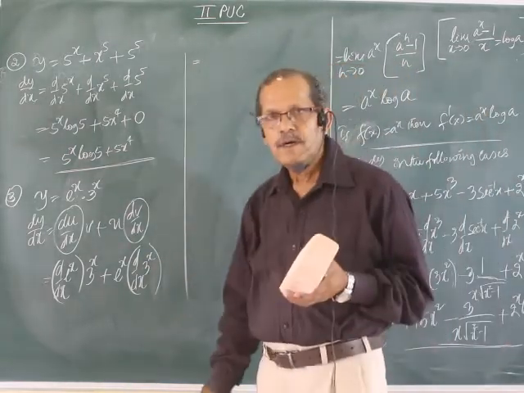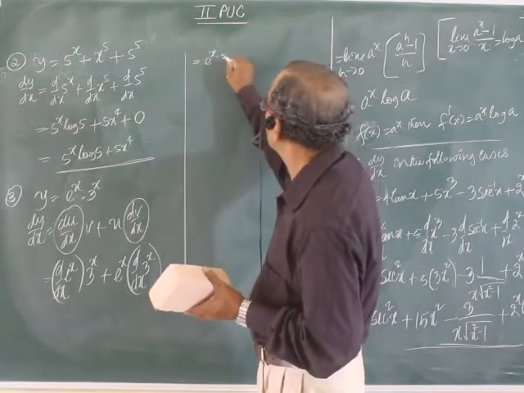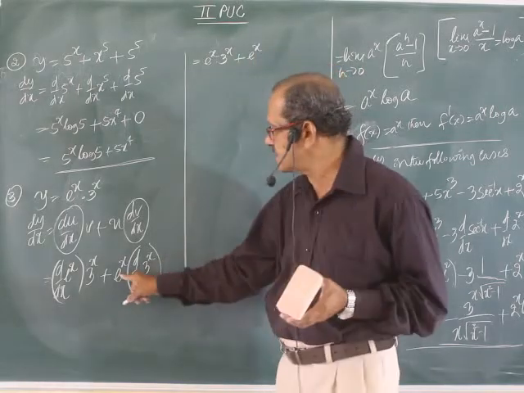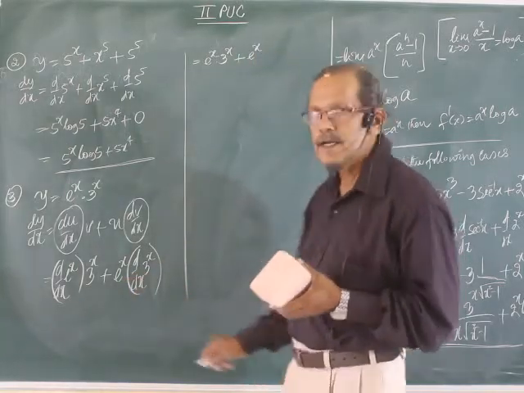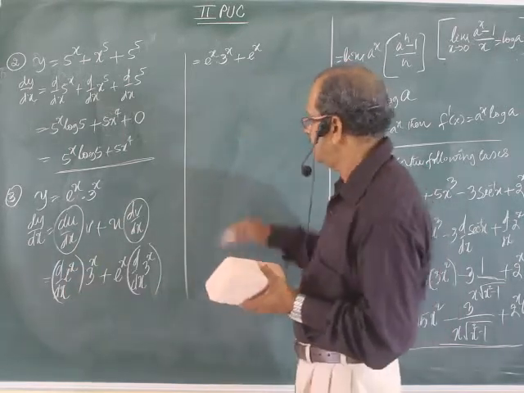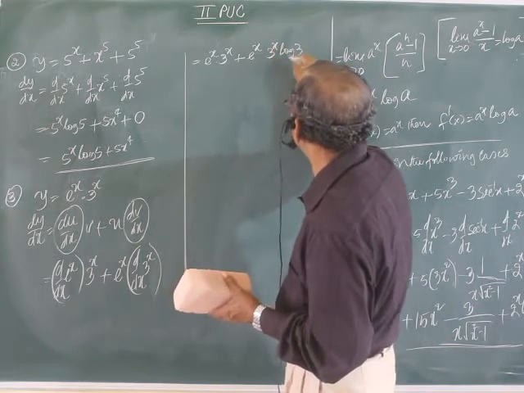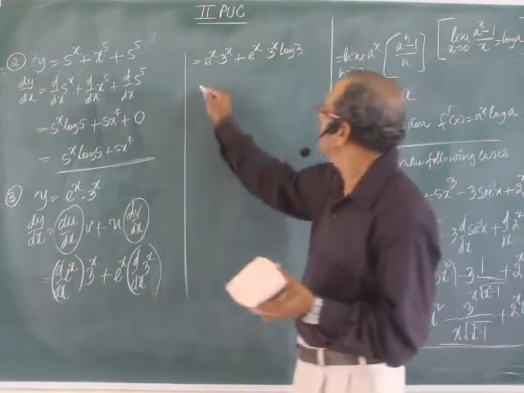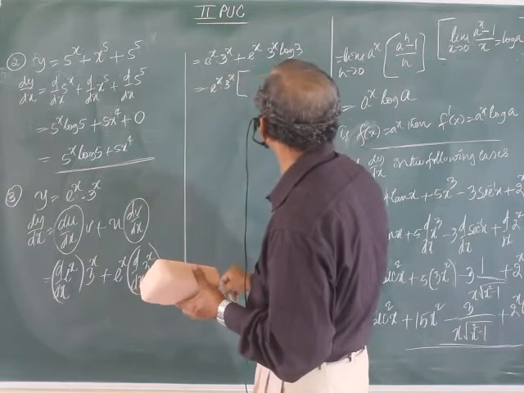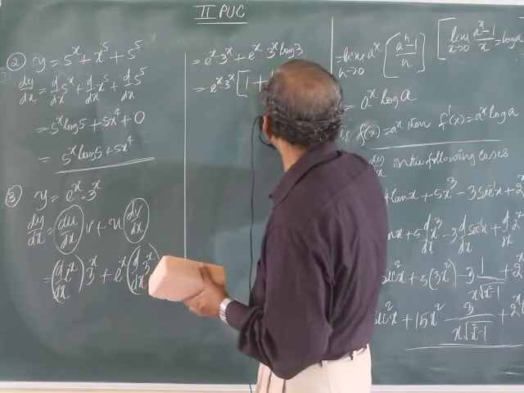Equal to derivative of e to the power x as it is, 3 to the power x, right? Derivative of e to the power x once again as it is. Here you have written the derivative of e to the power x, but it is e to the power x itself. 3 to the power x derivative is 3 to the power x log 3. Finally you can write e to the power x and 3 to the power x both taken outside. 1 plus, in this place only 1, here it is log 3.